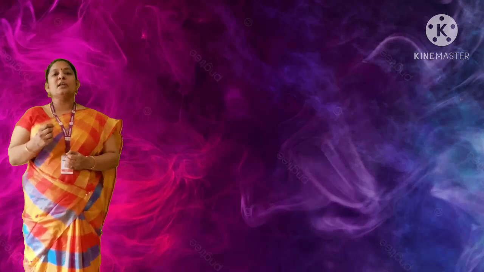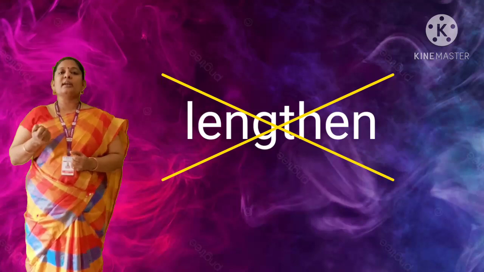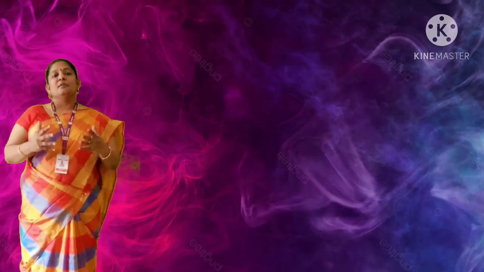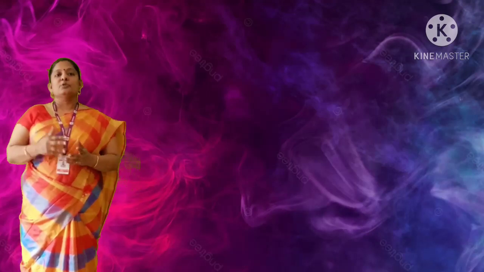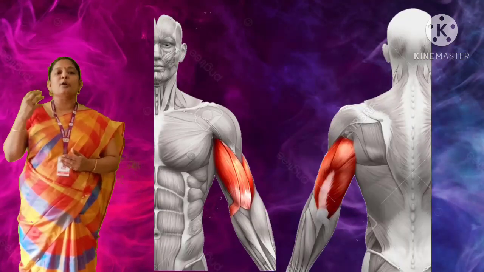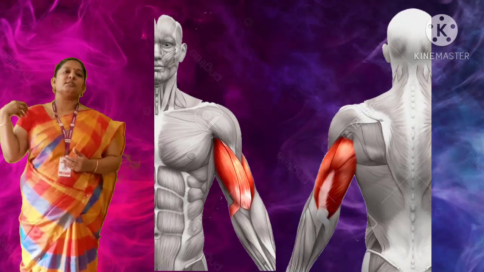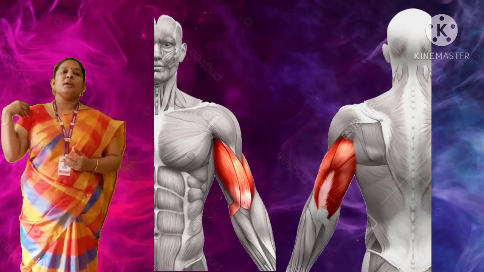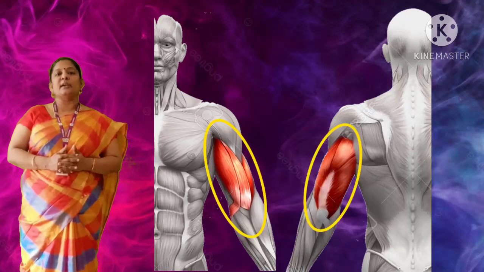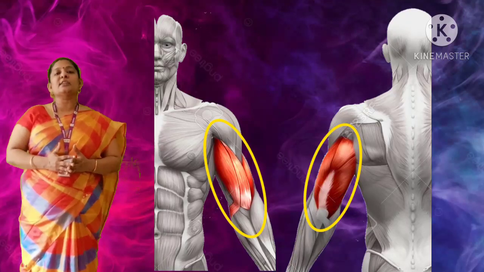So muscles can only contract and relax, they cannot lengthen. Muscles often work in pairs which work against each other. These are called antagonistic muscles. The muscles in the upper arm control the bending and straightening of the arm. So the upper arm is the main region which bends or straightens the arm. The two muscles, the biceps and triceps, are working against each other. That's why they are called antagonistic muscles.